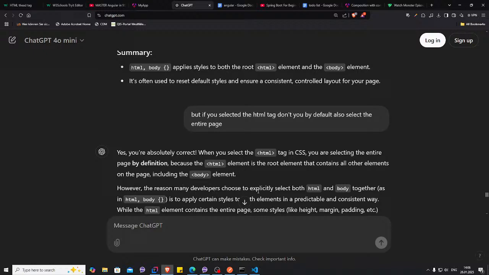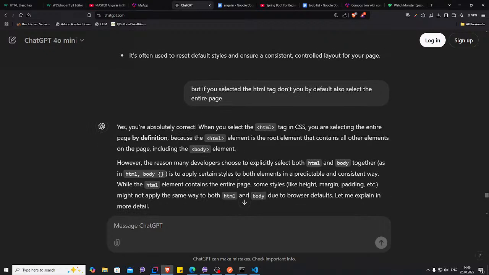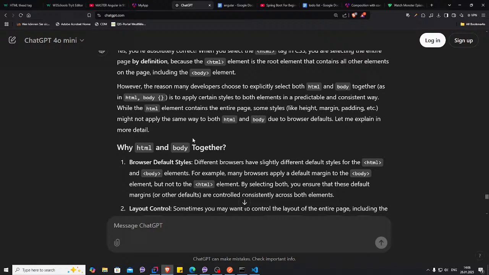However, the reason many developers choose to explicitly select both HTML and body together is to apply certain styles to both in a predictable, consistent way. While the HTML element contains the entire page, some styles like height, margin, padding may not apply the same way to both HTML and body due to browser defaults. Let me explain in more detail. Browser default styles: browsers have slightly different default styles for the HTML and the body elements. For example, many browsers apply default margin to the body element but not to the HTML. By selecting both, you ensure that these